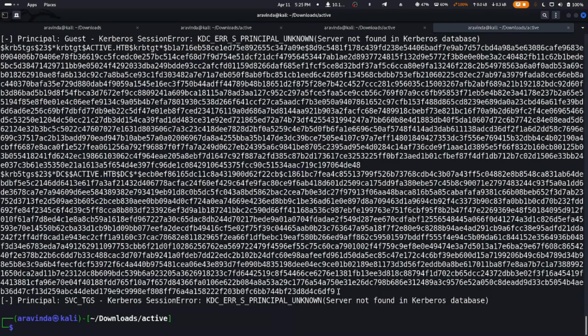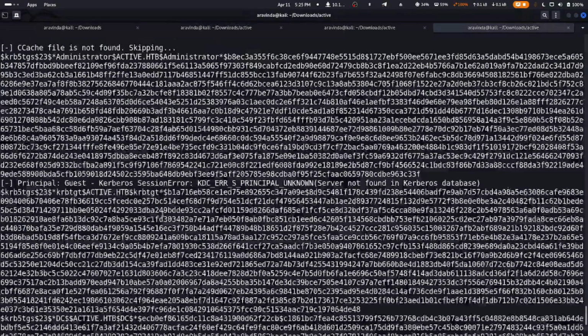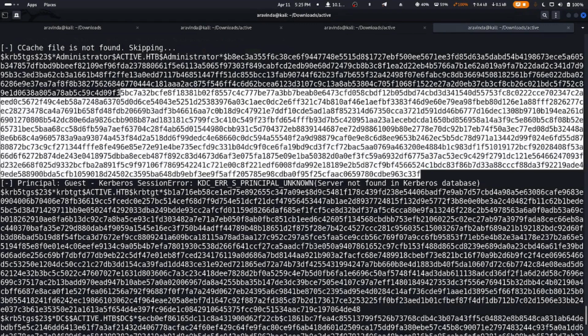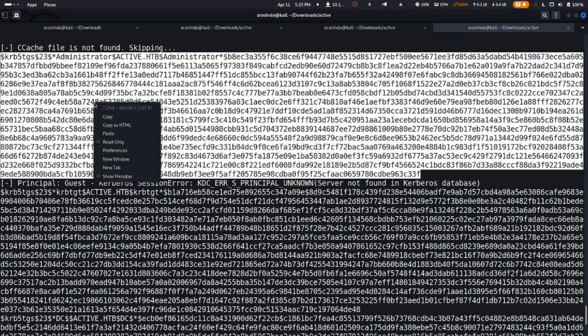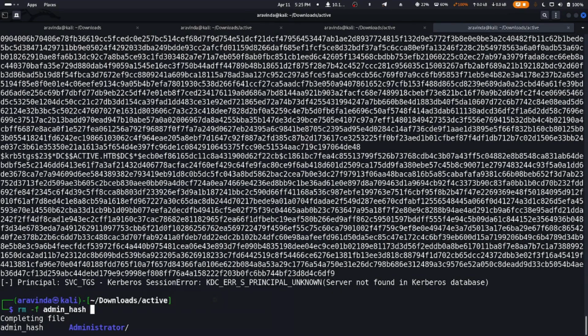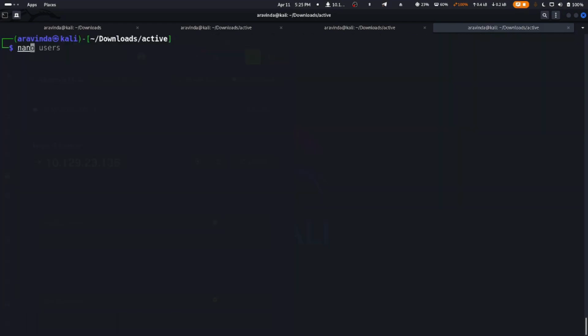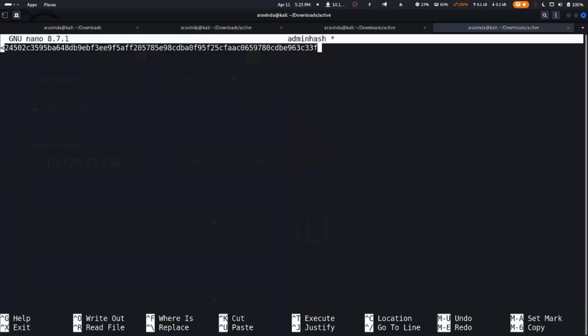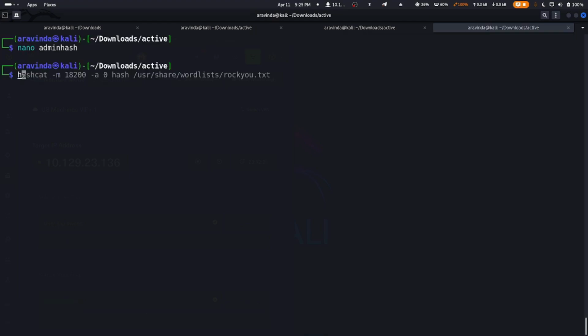And what we can do is cracking of this using hashcat. So let's copy this and let's save it to a file called admin_hashes. Let's do nano admin_hashes, and we paste this, we save it, and we do hashcat -m, and 18200 is the mode. Sorry, 13100. I think it's for Kerberoasting,